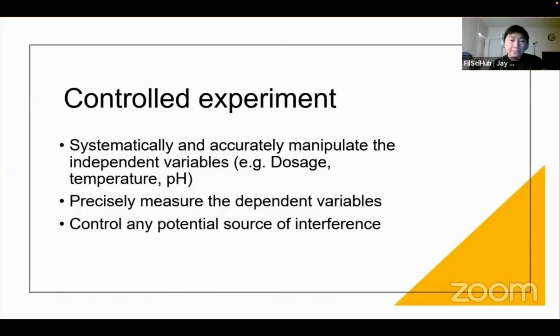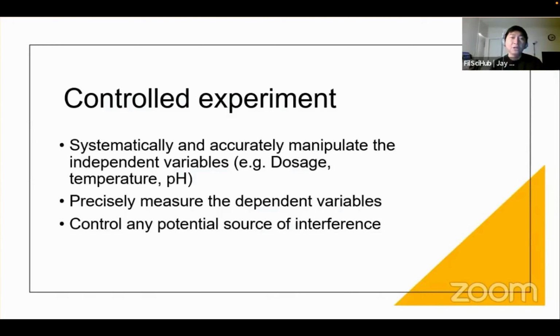And precisely measure the dependent variables, kasi pag minsan dito tayo nagkakamali dun sa pag-measure ng mga qualities. Let's say pH or temperature, mali yung thermometer na ginamit, mali yung instrument or the instrument is faulty. So we should give provision to precisely collect the data or measure the data from our subjects